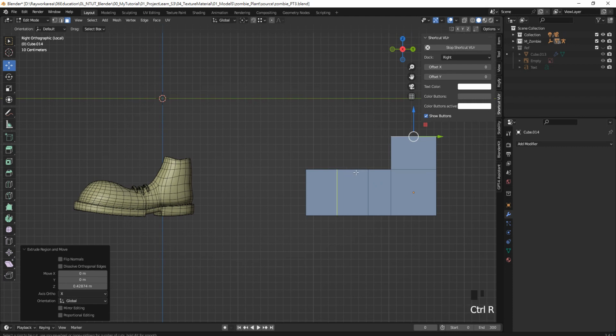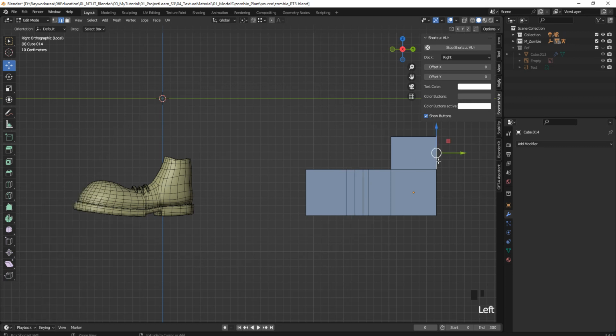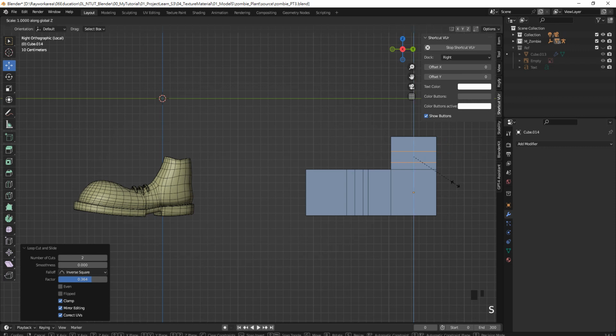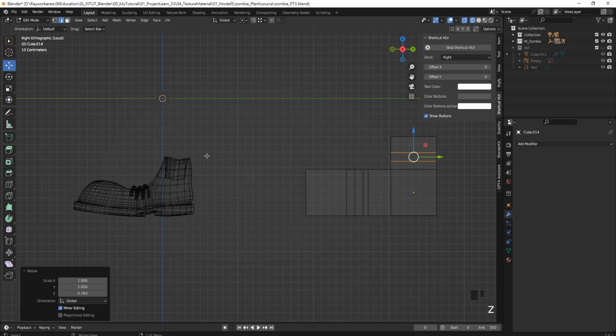topologies. Create other segments. Probably right here we need one more, and probably Control B for bevel. Maybe 2 more. Alright, and for this part as well, Control R and then press 2, and S and Z to increase the segment. Okay, so now let's go to wireframe mode, choose the vertex, and start to do the